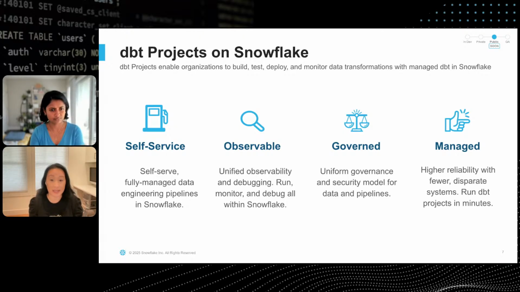Governance, having a single data and security access model is important for both your data and your pipeline. And then lastly, having a highly reliable, available system that you can count on to run these business critical data transformations. Gotcha. And can you also tell us what DBT projects available natively on Snowflake mean, and maybe